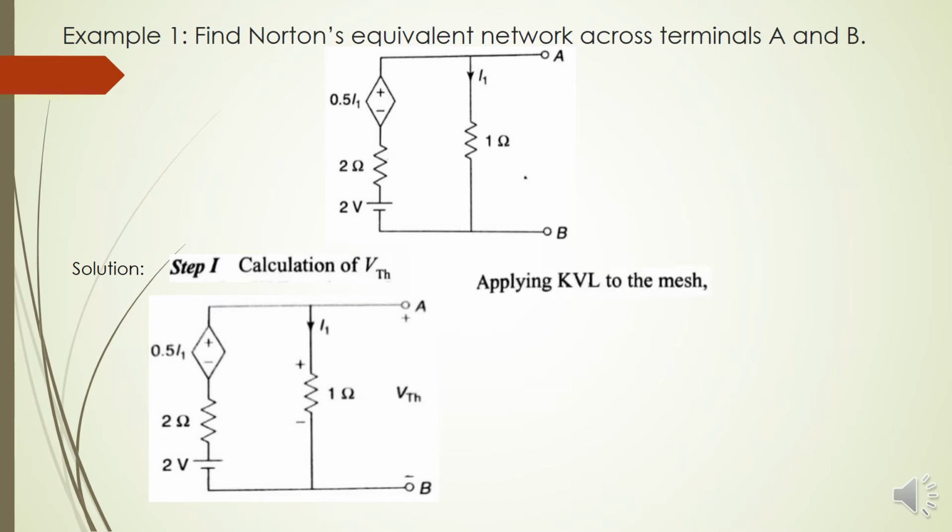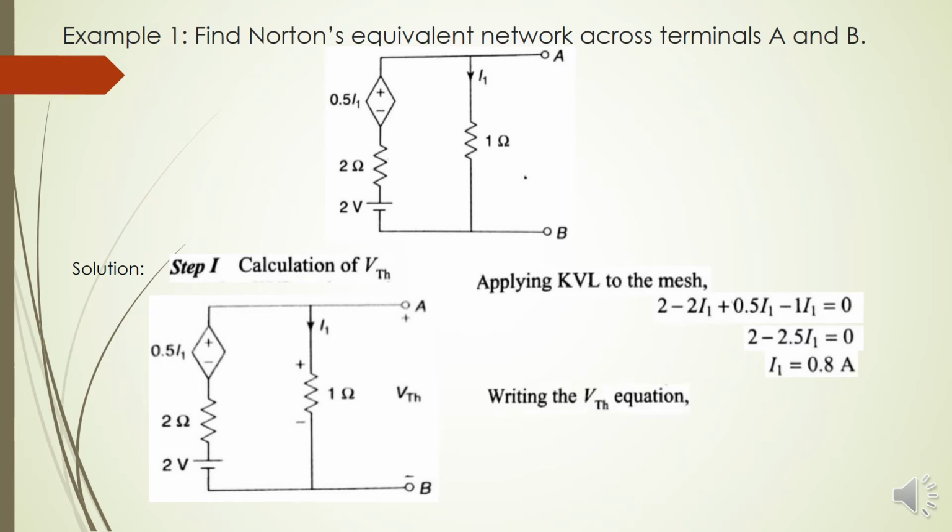Then apply KVL to the mesh. Mesh 1, that is 2 minus 2 I1 plus 0.5 I1 minus 1 I1 is equal to 0. Then you will get the value of I1 as 0.8 ampere. Then write the VTH equation